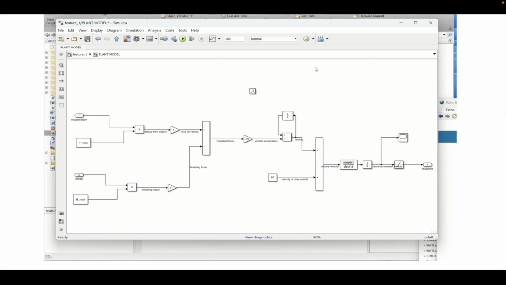Welcome to another tutorial on MATLAB. In this tutorial, we will see the first code generation from the model that we have created and also see what are the things that will get generated and how to interpret that from a C programming point of view